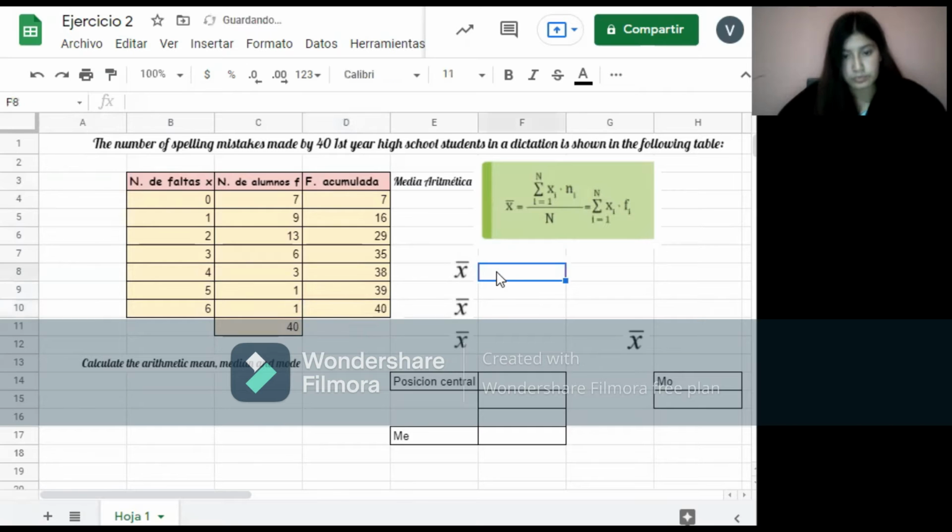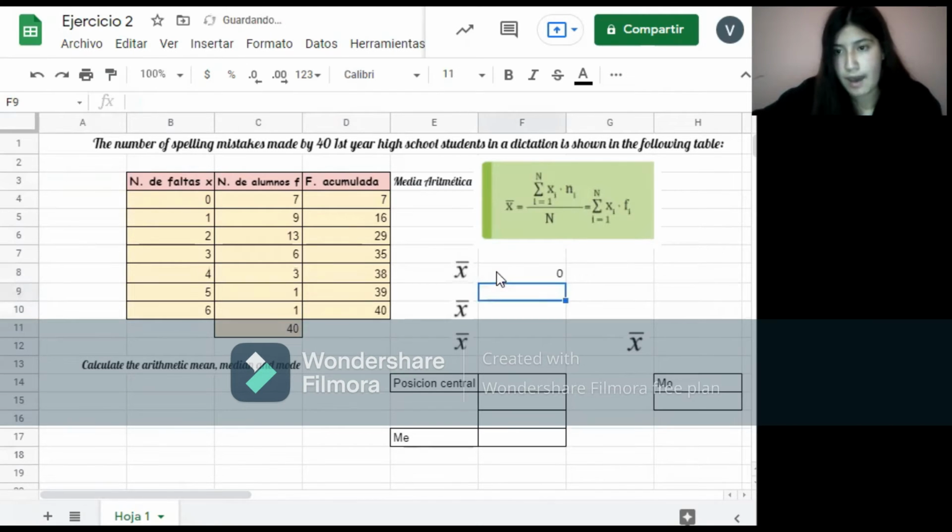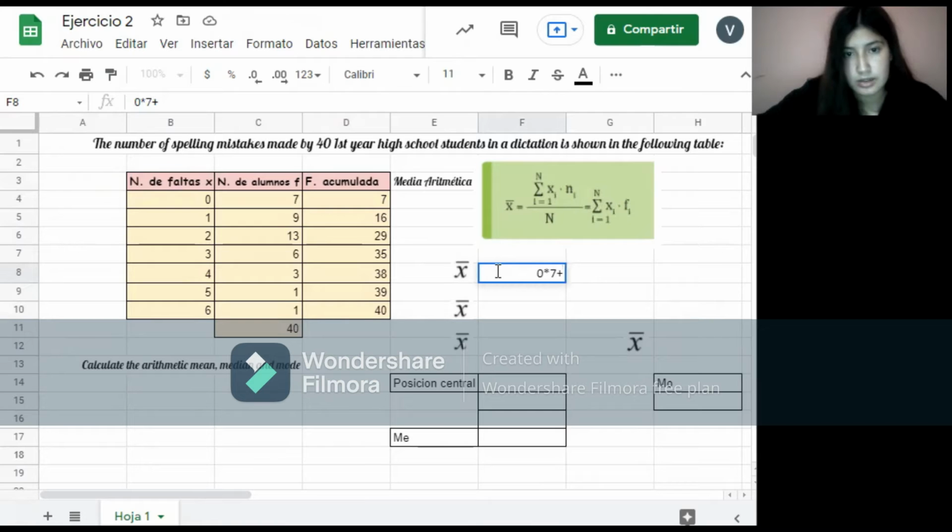We put 0 by 0 by 7 plus 1 by 9 plus 2 by 13 plus 3